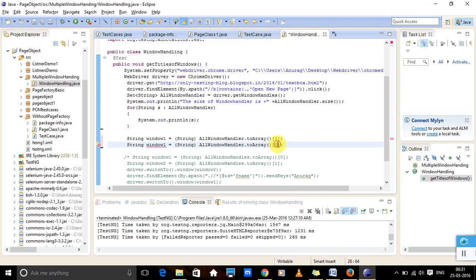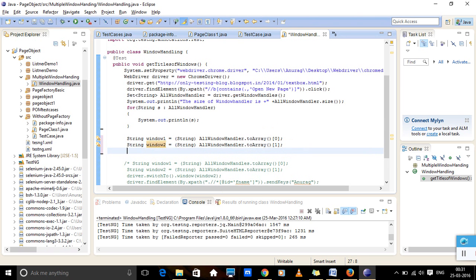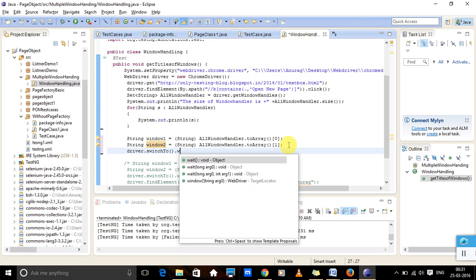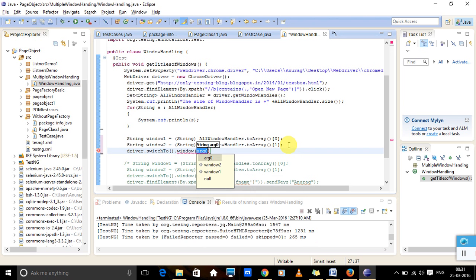2. Now in order to switch between the windows, we need a command known as driver dot switchTo dot window, and here I need to give the handler of the window to which I want to switch. Let's say I want to switch to window 2. So window 2, and so I have switched to window 2, and in window 2 I need to write something